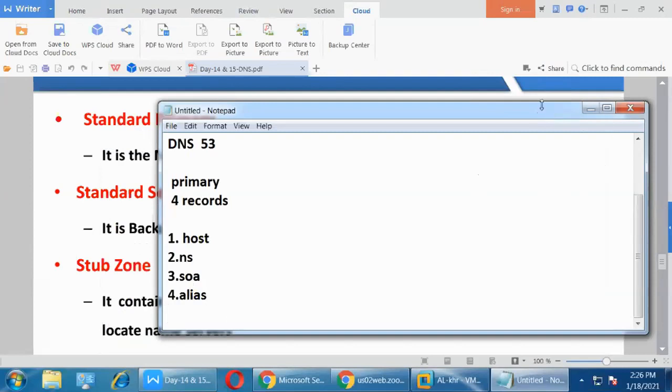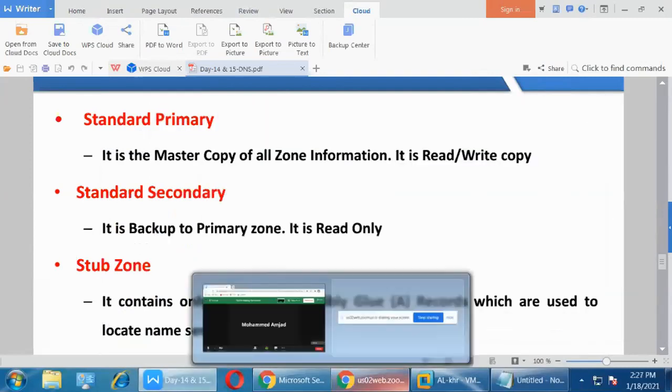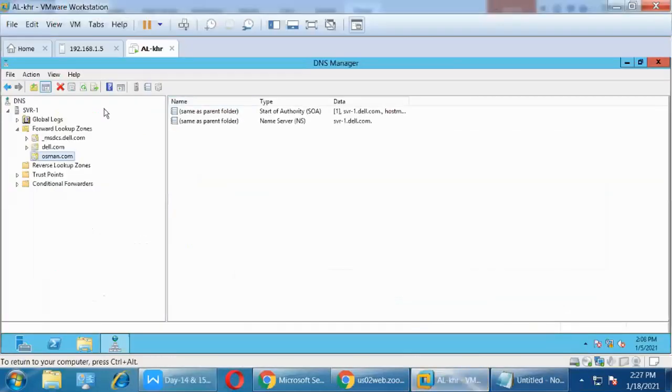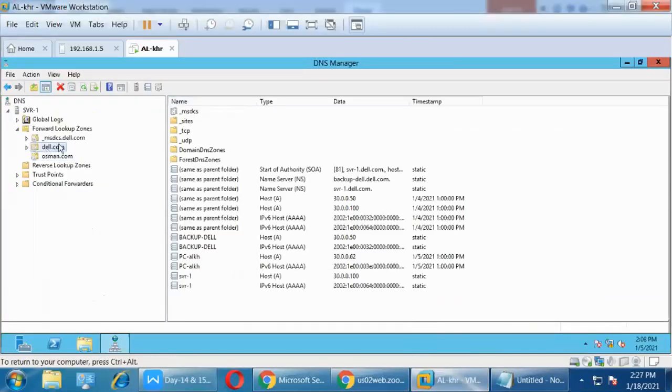So these are the 4 records. See here, if I select dell.com, this is my primary zone. I told you every primary zone maintains 4 records. See here: SOA record, start of authority, NS record, host record, and alias record. Here they are not available because this is the Active Directory integrated zone.